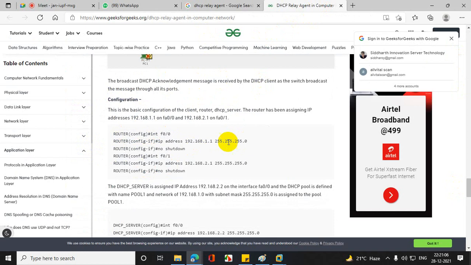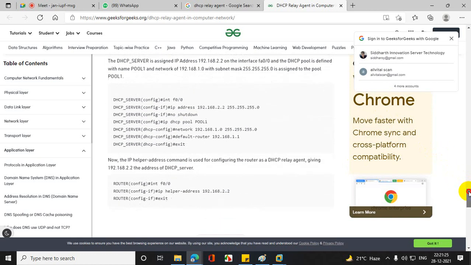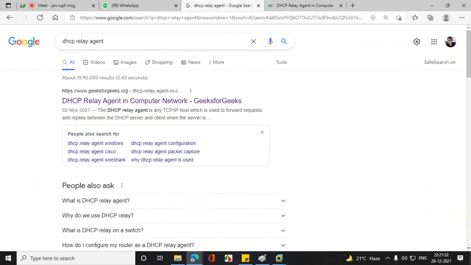INT means router interface. No shutdown means you are bringing the interface up on the router so that the port does not go down. These are purely CCNA chapters. If you go with CCNA, then you will learn more on this.